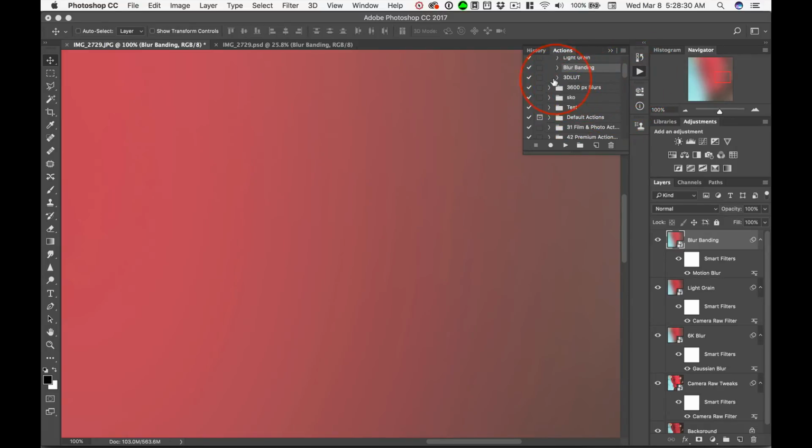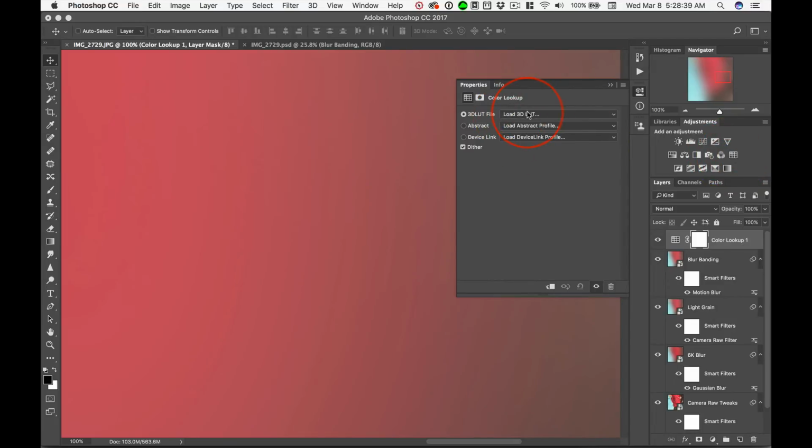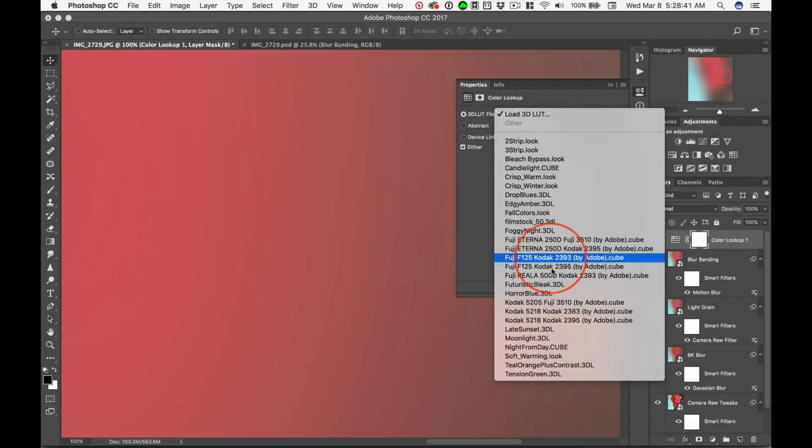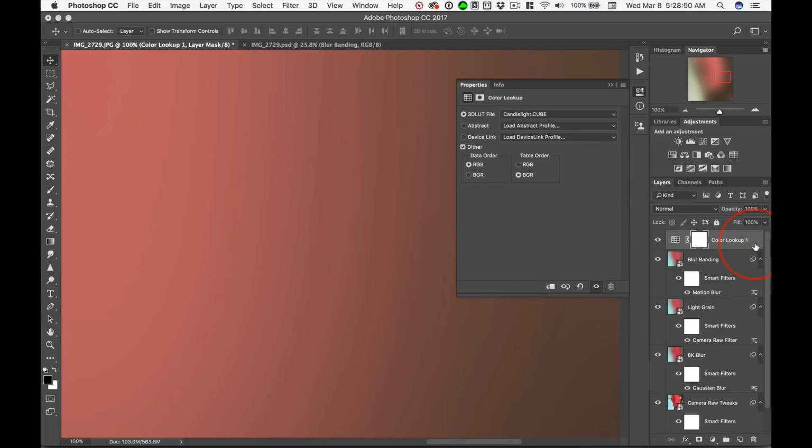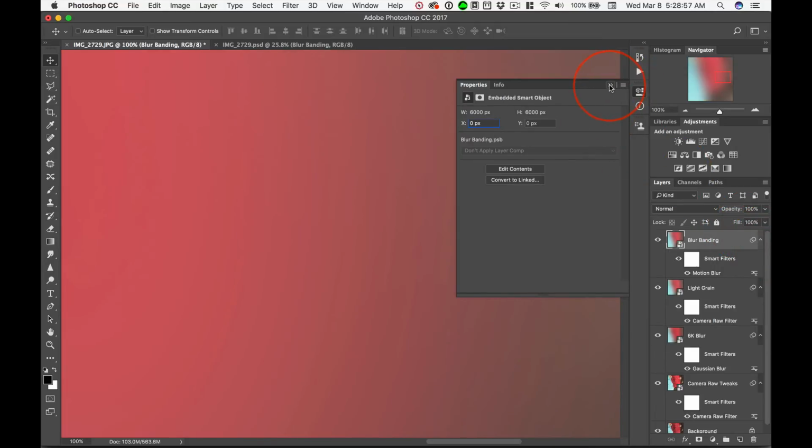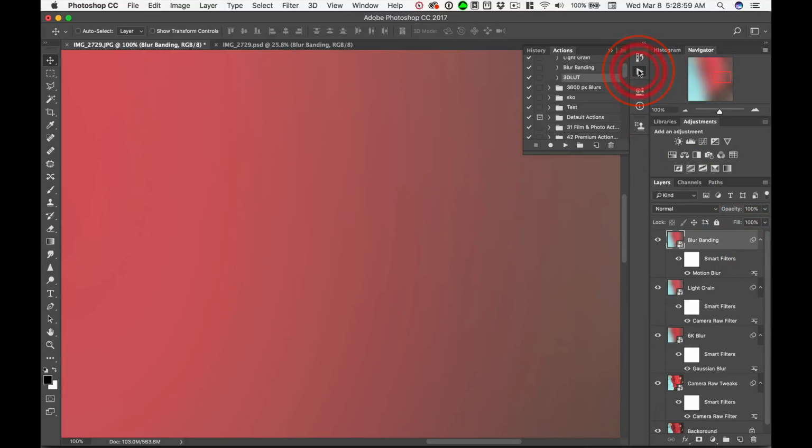Up into the next step is the 3D lookup table. Now, the lookup tables are right here, and they're incredible, but they're an incredible pain to work through manually, to click on one and then, how does that do? And is that good or bad? And then click on another one, and then you have to try to remember. So I'm going to throw this layer away, and I made an action called 3D lookup table, and if I